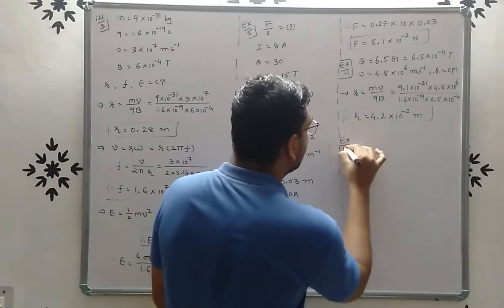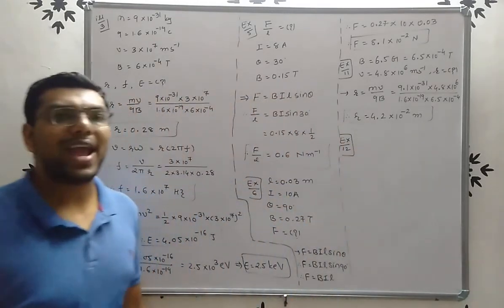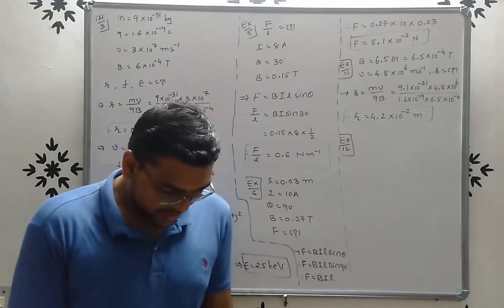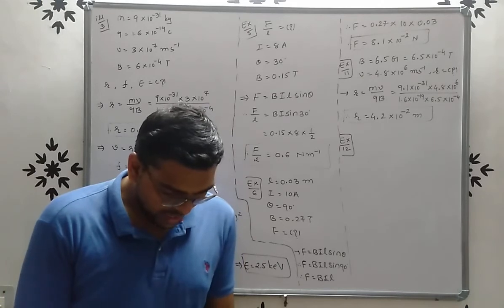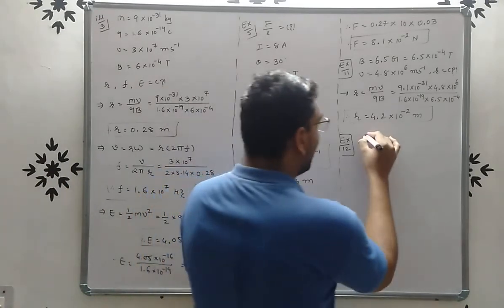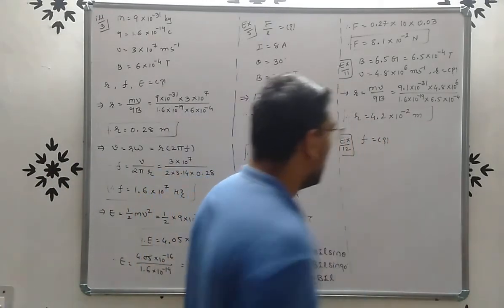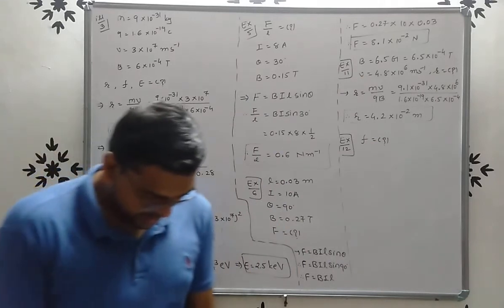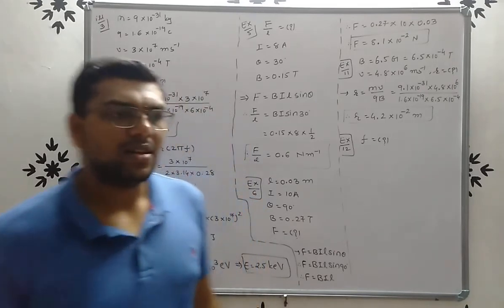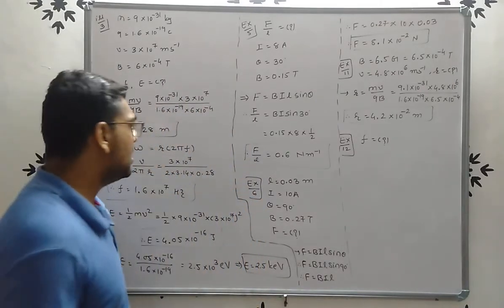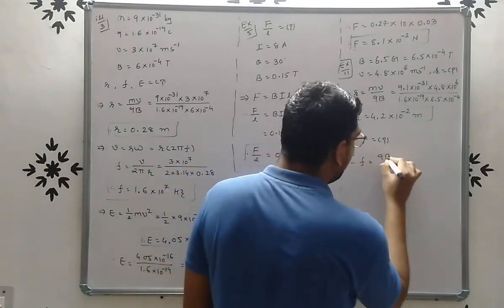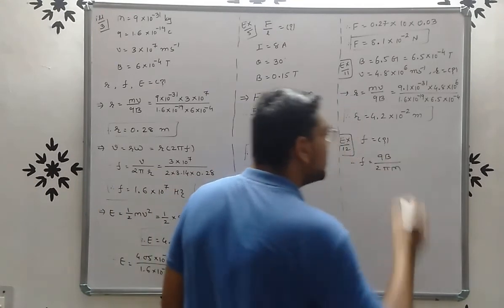Now our next example, that is example number 12. In exercise number 11, obtain the frequency of revolution of the electron in its circular orbit. So here we have to find out the value of frequency, right? And does the answer depend on the speed of the electron? Explain. First of all, we find the frequency. We know the formula of frequency, f is equal to qB upon 2 pi m, right?